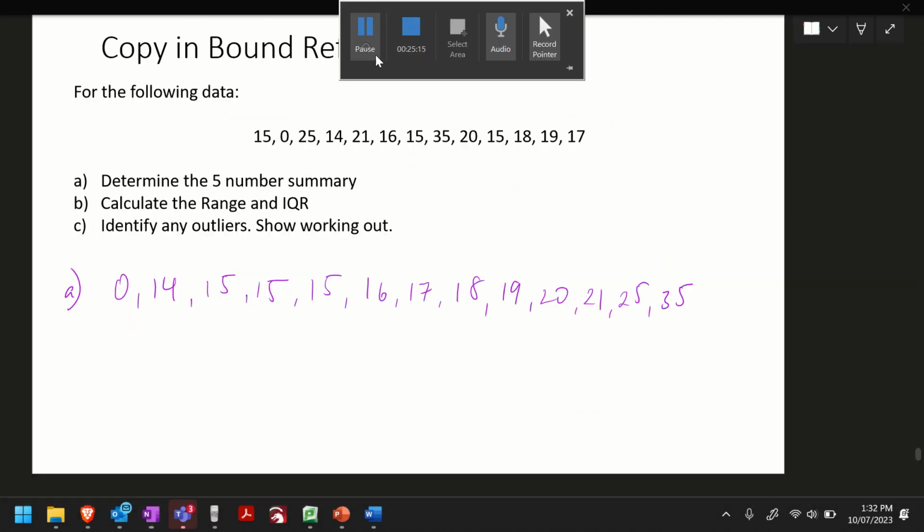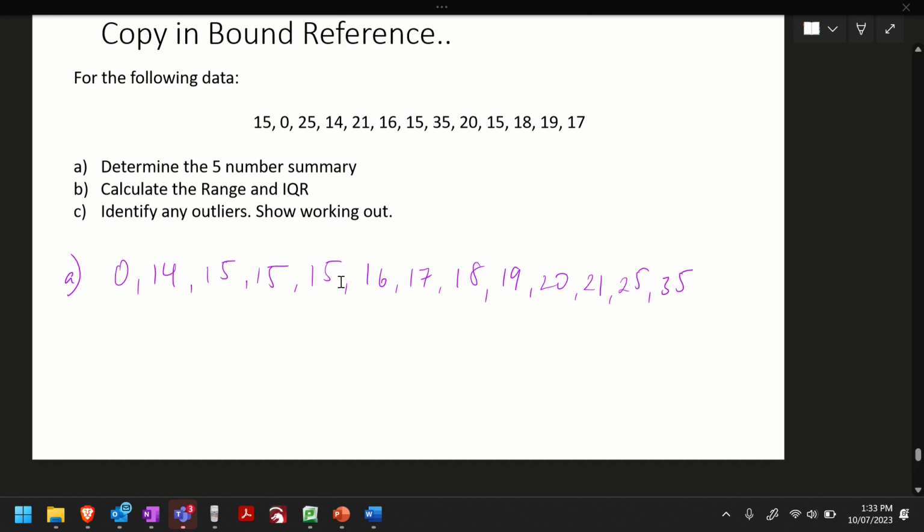Let's go. Okay, first thing we need to do with any question like this, always put it in numerical order. The reason being, someone asked me, do you have to put it in order? Well, yeah, because if you said my minimum and maximum are these two, that would be incorrect. 15 and 17 are not the minimum and the maximum. Neither would 16 and 15 be. It wouldn't make sense. It must be in numerical order. That's what you want to start off with. So always confirm that whatever data you're working with is in proper numerical order. Now just keep copying as you go.